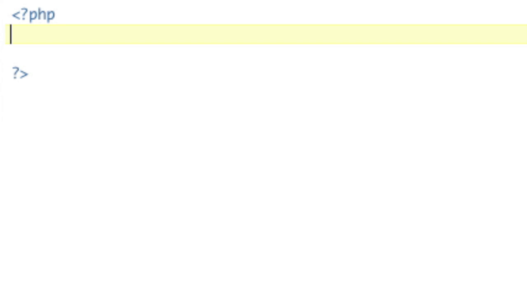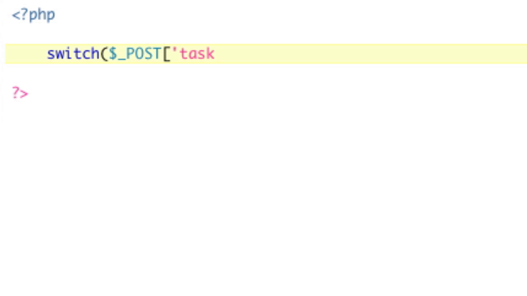Okay, so let's get writing stuff.php. It's really simple. All we're going to do is open our PHP tags, and you want some error checking, but for this I'm just going to switch on $_POST task. You should really check for task existence, but for this tutorial I'm not going to. So we're just switching on post task. That's it. So we're going to have a case, which is going to be